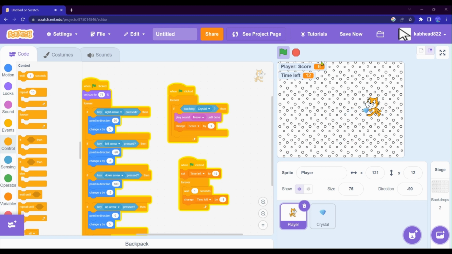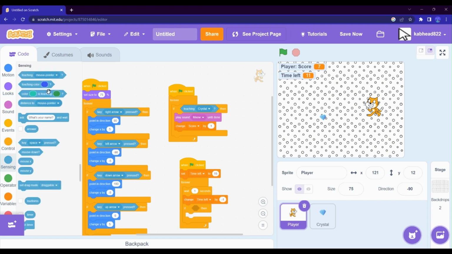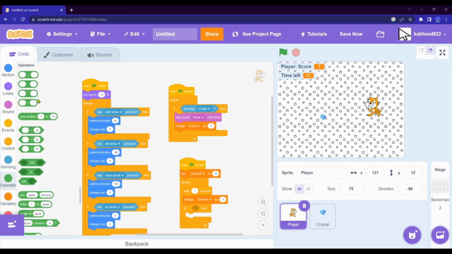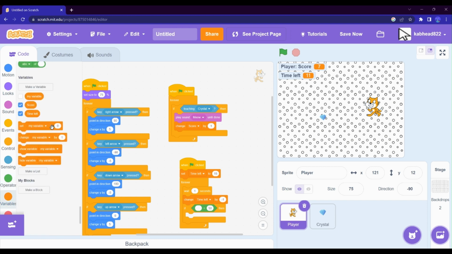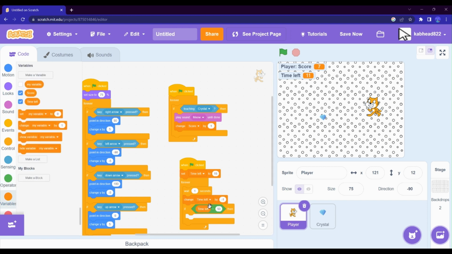Now you can see the timer. We're going to add an if then block: if timer equals, we pick the operators and do time left equals 0. So then when the time's over,